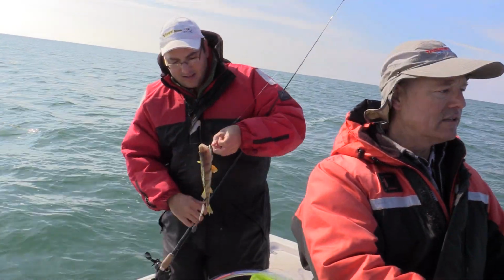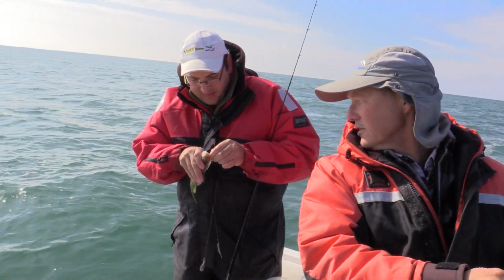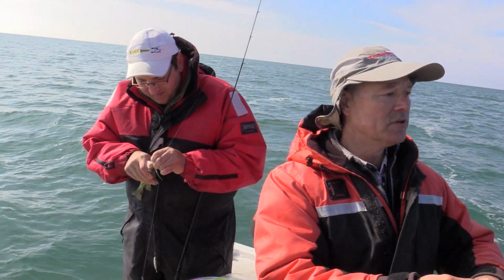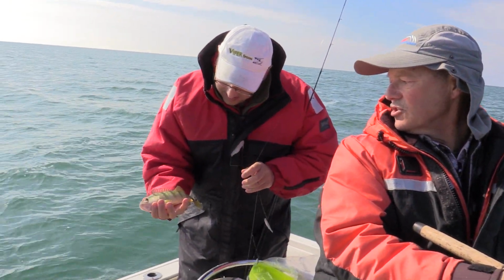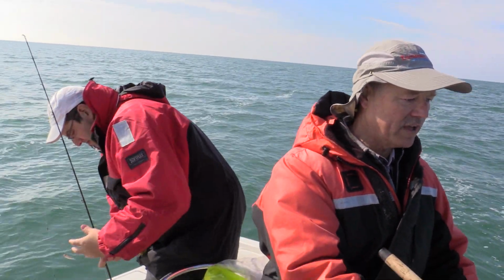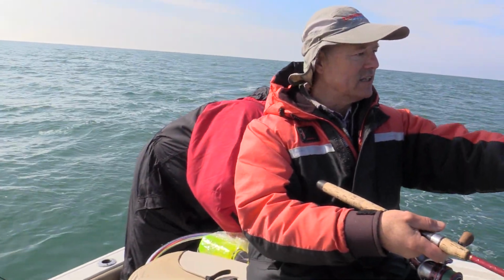And this spot that we drifted into now, we're in 60 feet of water. And that last one that I caught was a really, really nice jumbo perch. And that one looks decent. Seems average, right? Yeah, that's a nice size perch. Okay. So, like I say, we drifted, now we've anchored, and we're gonna work this area, and we're casting and fan casting,